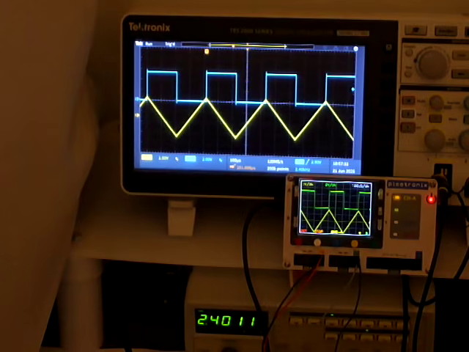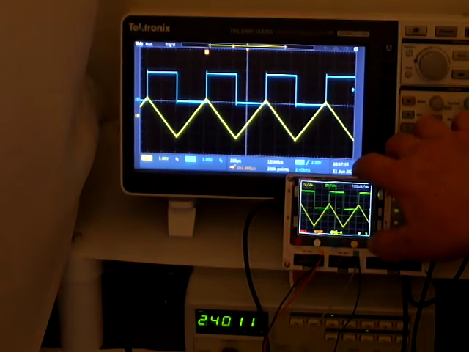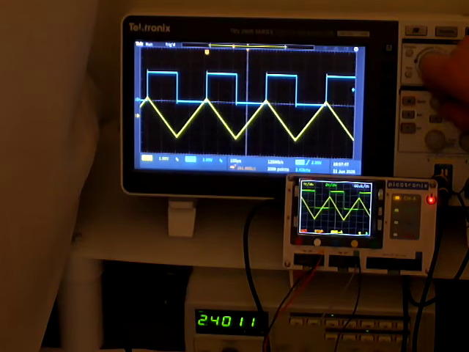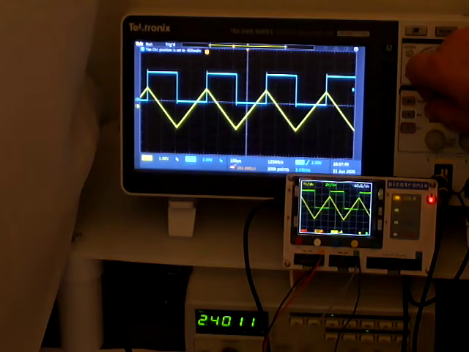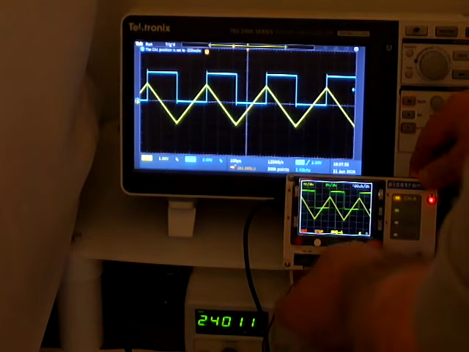The red button is usually the exit button, so when you want to access the higher menu you push the red button, and then when you want to get out of it you push it again. So we'll move this back up so it's pretty much the same. We'll put the Tektronix the same way as well. So the next one we'll go to is